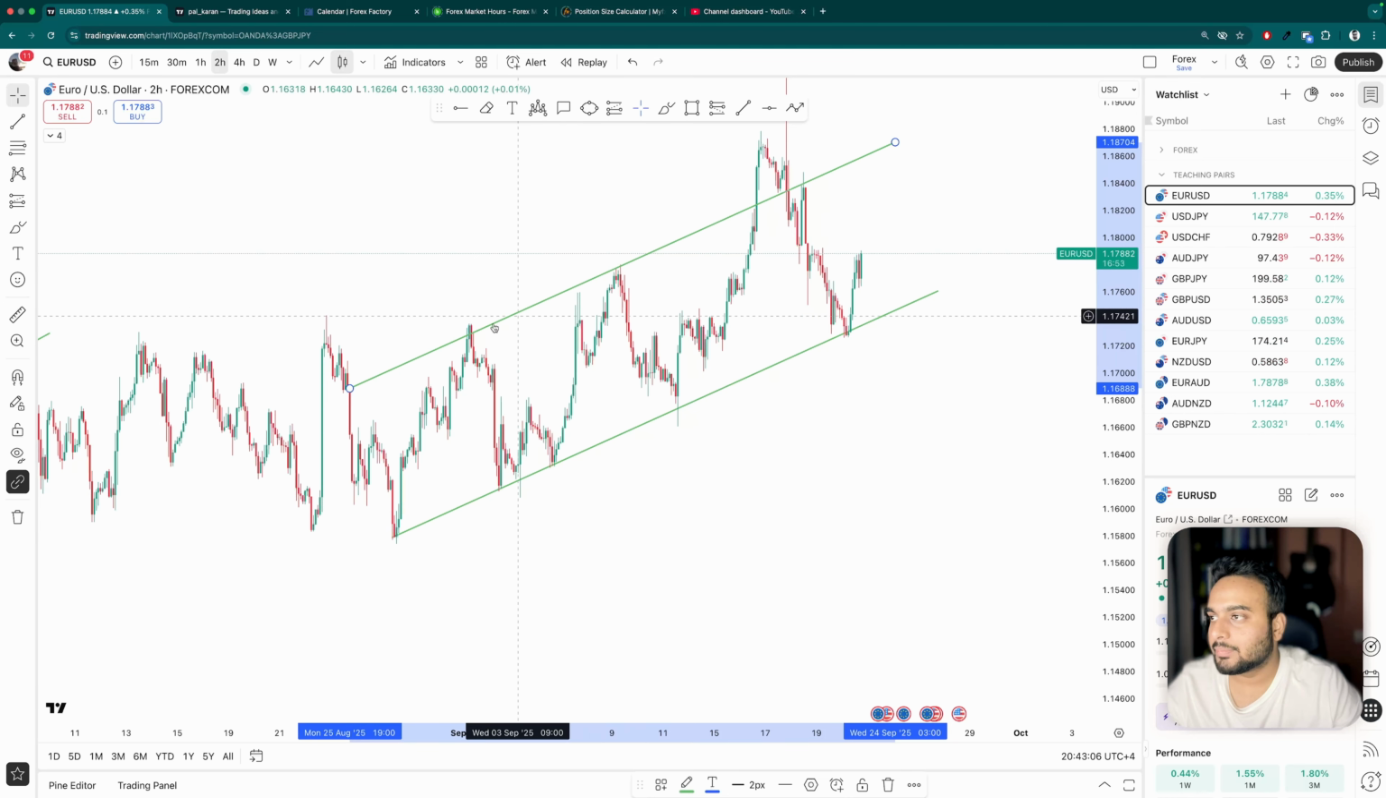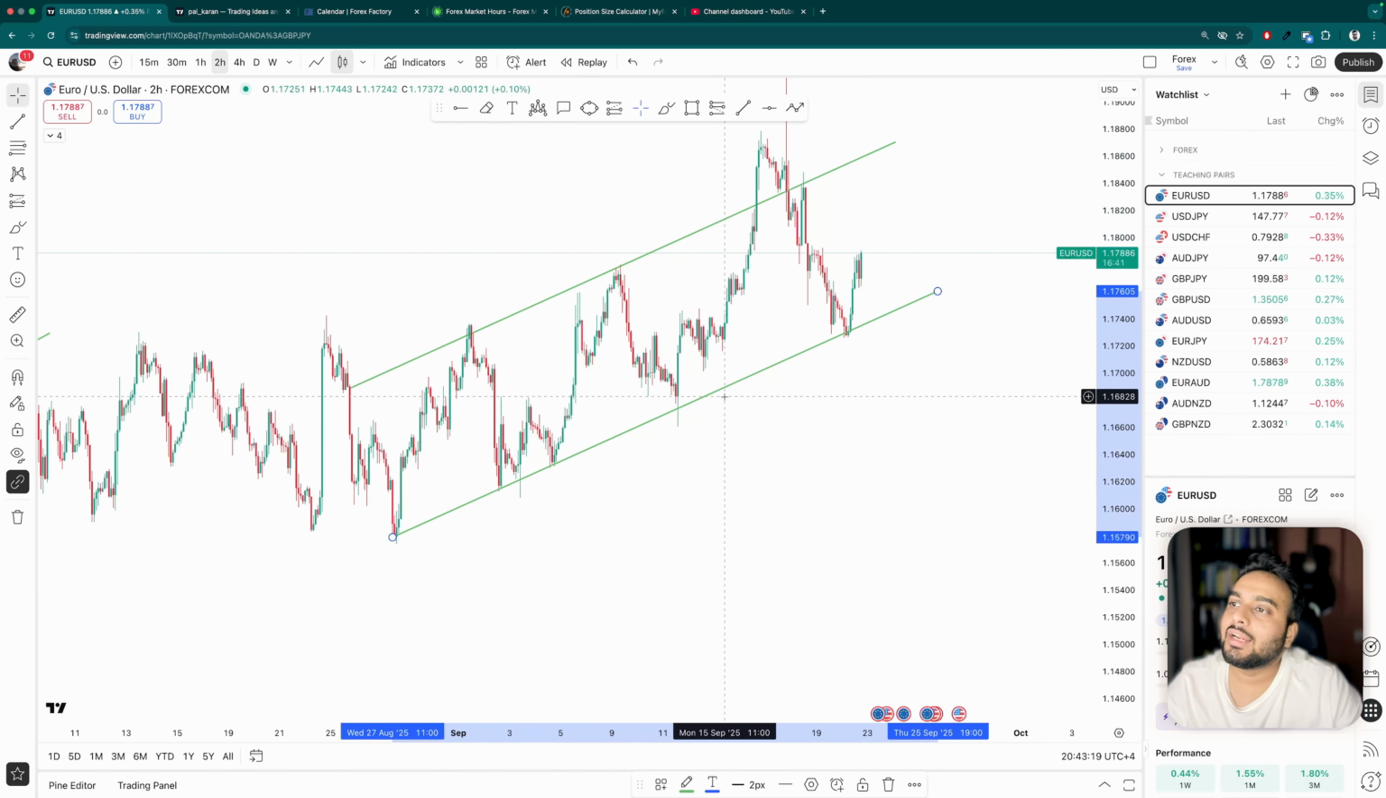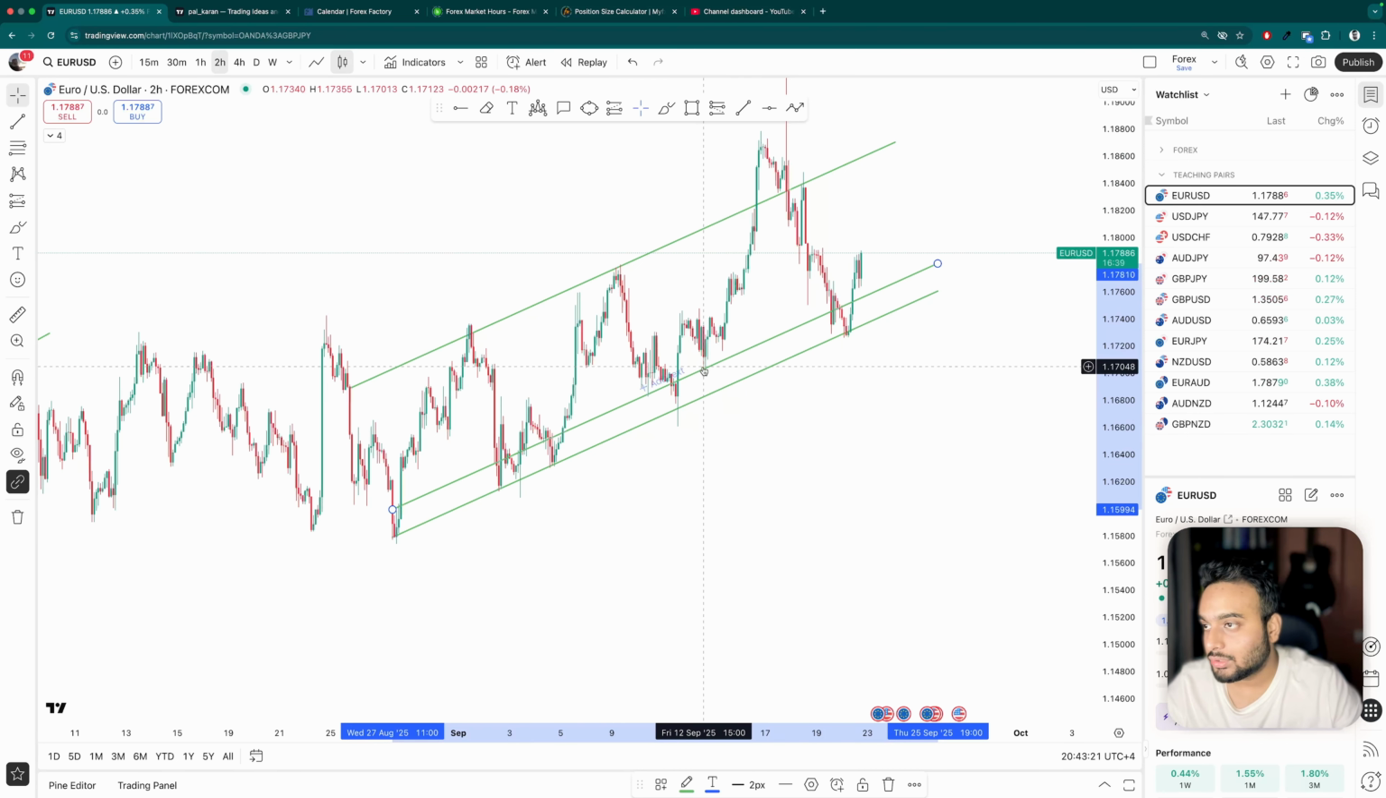So if you see there is some kind of rejection here, there is one rejection here, there is one rejection here. I try to keep it the same angle as we have for the bottom line. Reason being, you will find this line to be used in multiple places. For example, right here where it's placed,